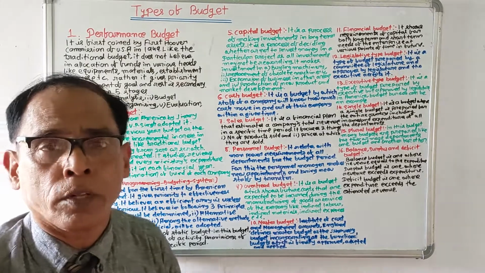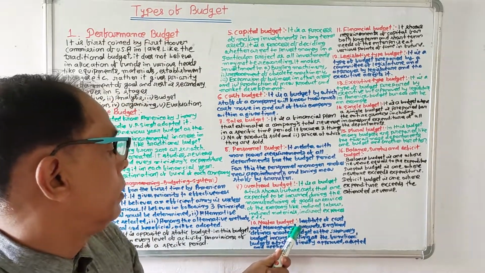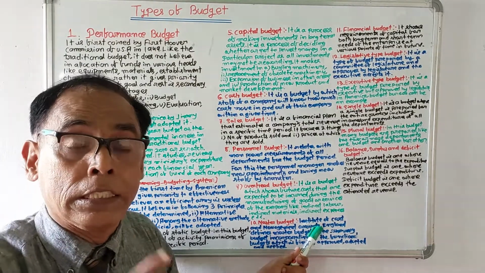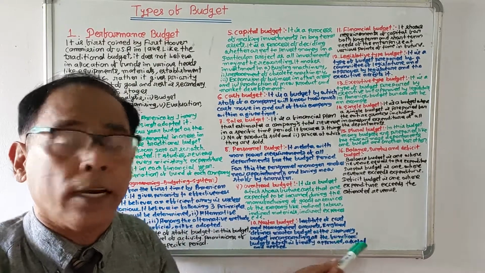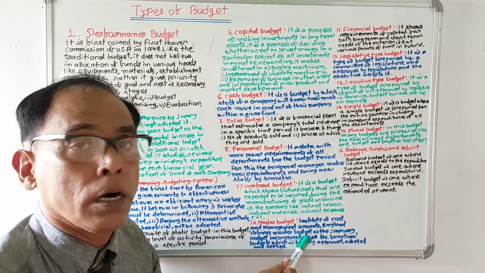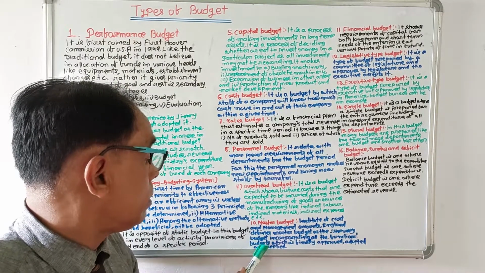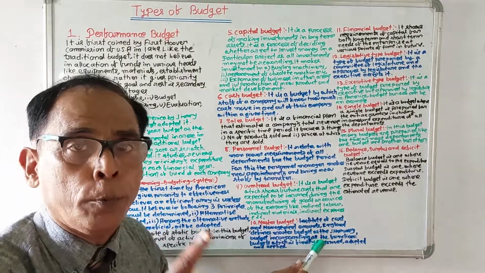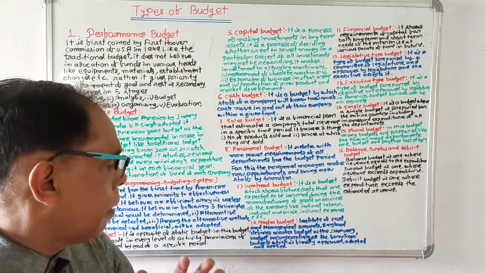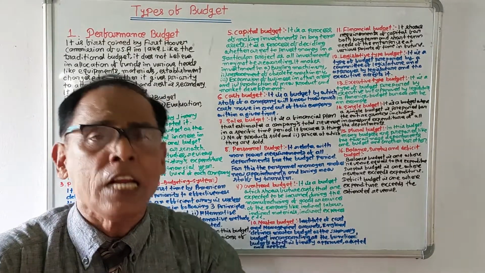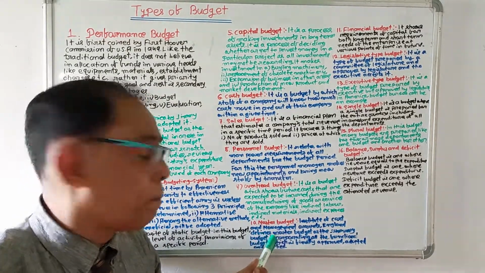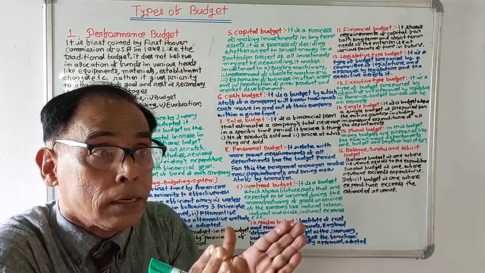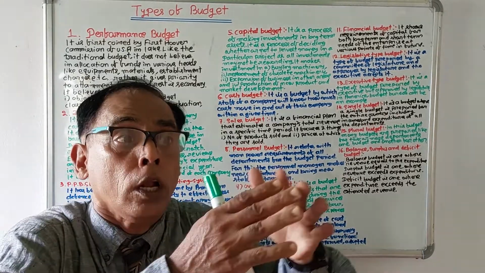Then master budget. The Institute of Cost and Management Accounts of England defines master budget as the summary budget incorporating all the functional budgets, which is finally approved, adopted and applied. So master budget is the budget which is the summary of all functional budgets